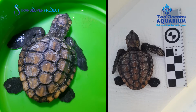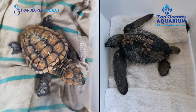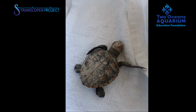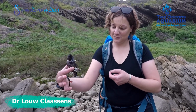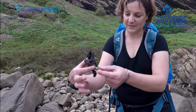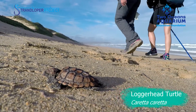Each year, myriads of leatherback and loggerhead turtles hatch on the Natal coast and they get caught up in the Agulhas current and drift southwards towards the Cape. Between March and August each year, a lot of these little turtle hatchlings wash up and get stranded on the southern Cape coast. In March this year, we were fortunate enough to have the Two Oceans Turtle Rescue Team stop